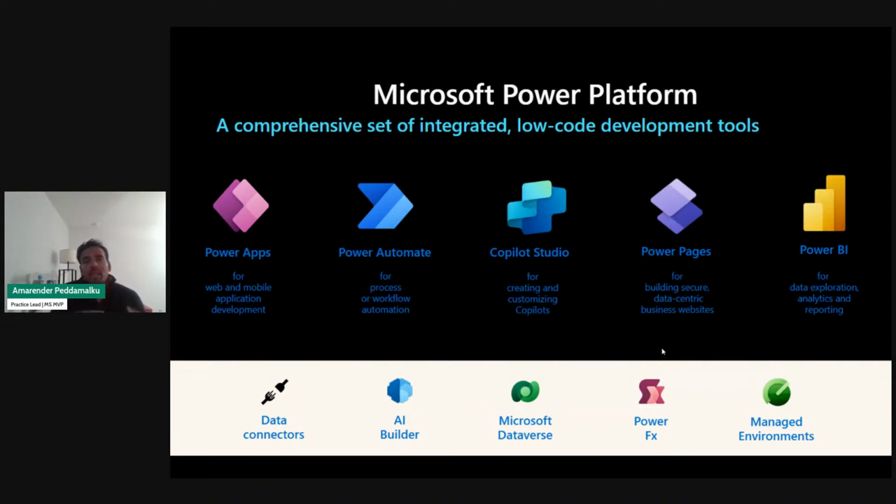If you just want to have tight control on the user interface of the application, I would recommend you start from or choose Canvas app. But let's say you already have an existing data model, whether it's in SQL, Azure, or some other external systems. You would like to leverage the existing data model, and you want to build an application layer on top of it. You would go with a model-driven app. So those are the two flavors. In a sense, it's a user interface of your application.